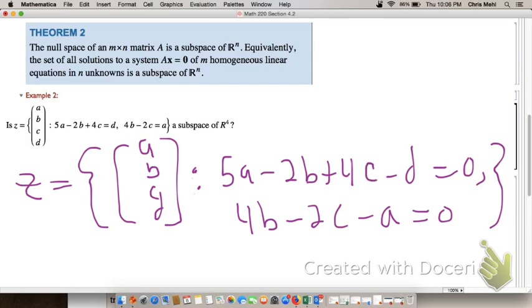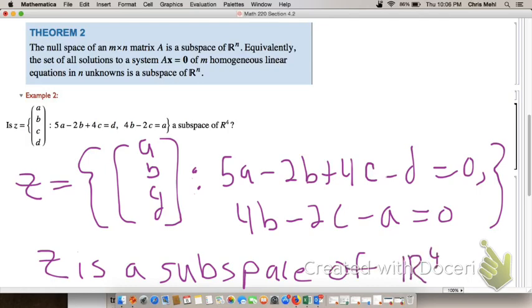And in rewriting the set Z in this manner tells me that Z is really just the set of all solutions to a homogeneous system of two equations and four unknowns. And by the previous theorem above, that would tell me right away that Z is a subspace